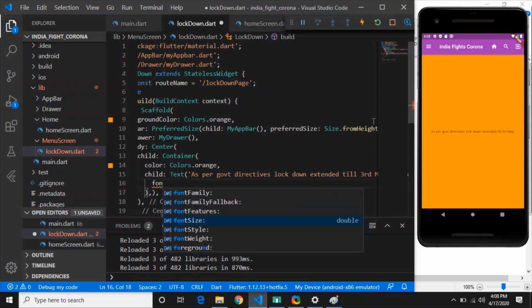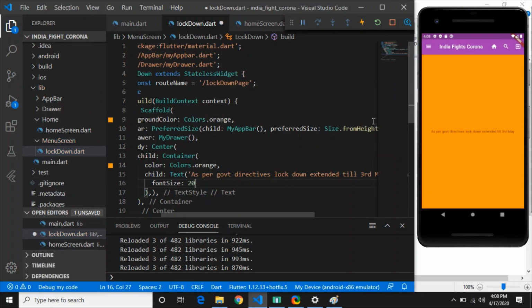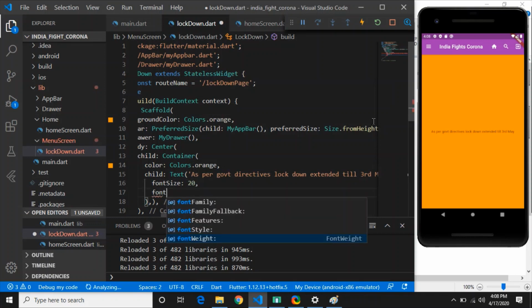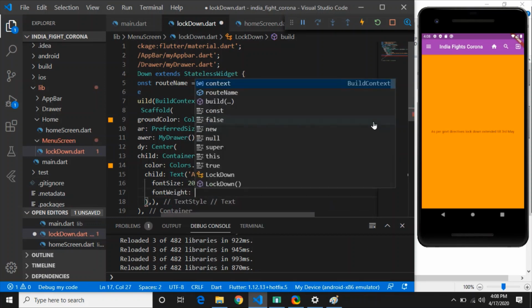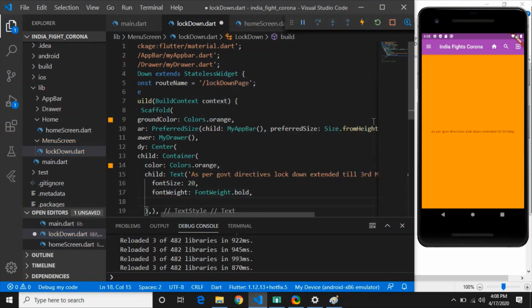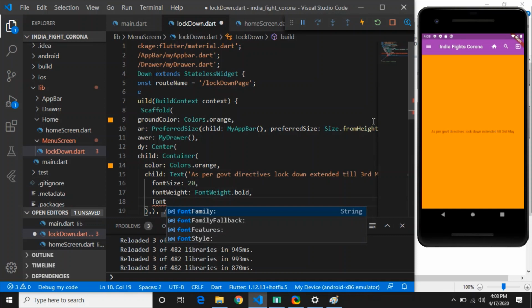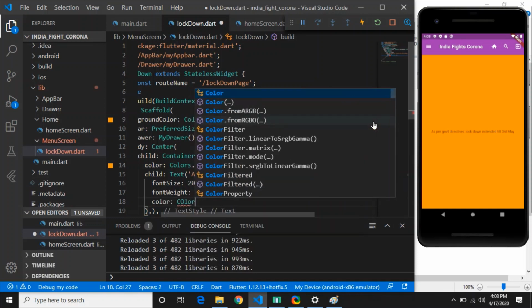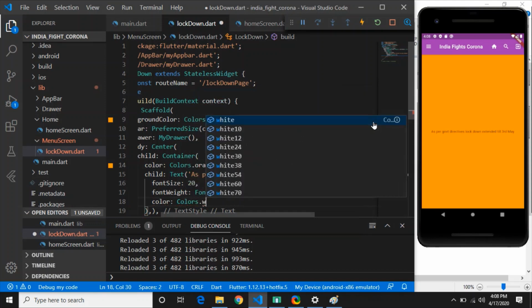Font weight should be FontWeight.bold, and lastly I will add color. No need to write fontColor, just write color, and color will be Colors.white. So this is how. Now you can see this is end to end.